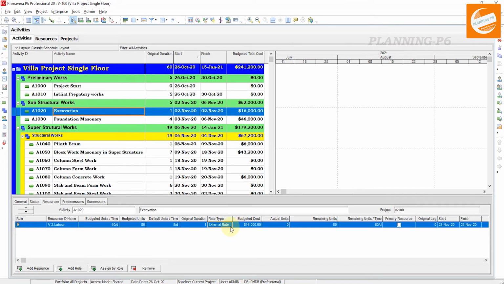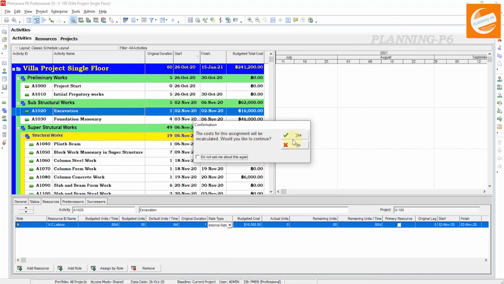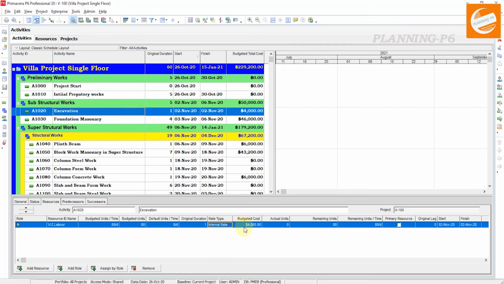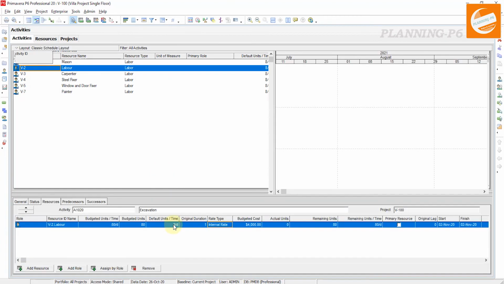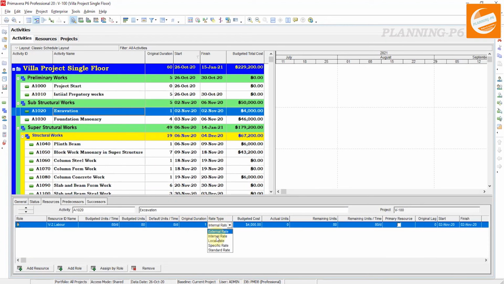Now we will change the rate type again to the internal rate. Yes, you can see here it's 50% because we have assigned exactly $50. And now the specific rate: go again to the activities and change the rate type to the specific rate.